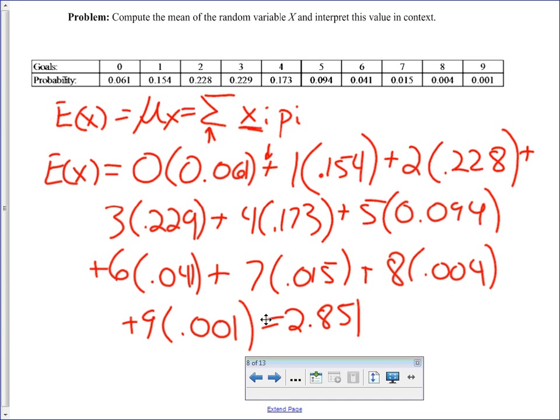So in the example, this was the goals per game for some NHL season. So the interpretation of this is if we went to any game at random, we would expect there to be 2.851 goals scored,